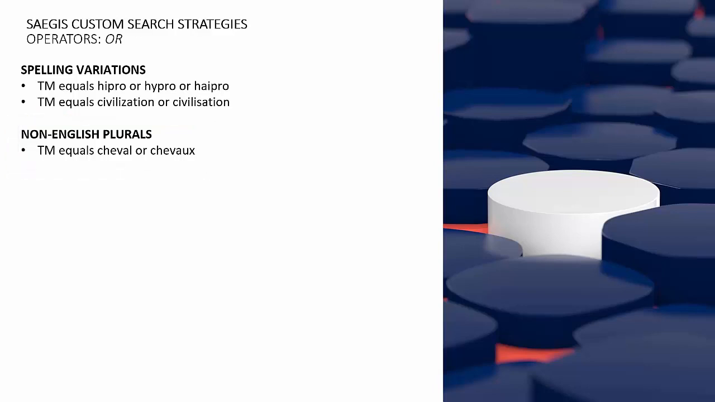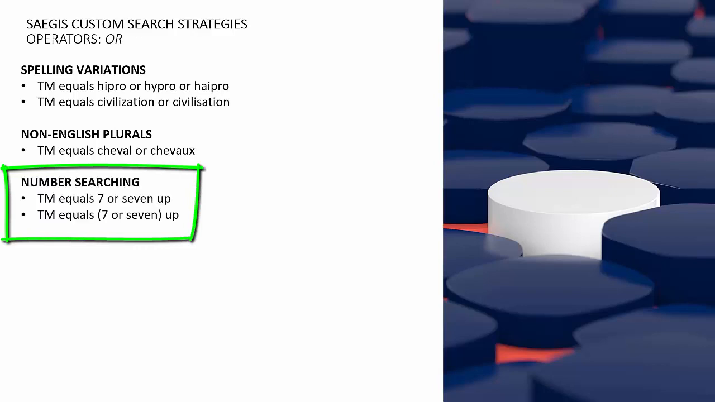One other situation where the OR operator is essential is when you search number marks. These are brands like O2, 7-Eleven or Take-Two. SAEGIS only searches what you type, so it won't automatically replace the number with the word of the same meaning. Consequently, if you want to search a brand that has a number in it efficiently, we recommend you search for